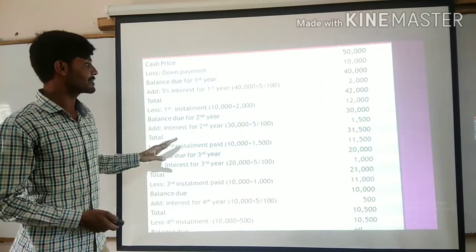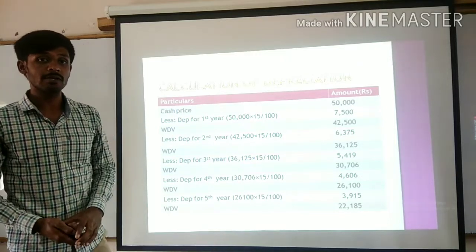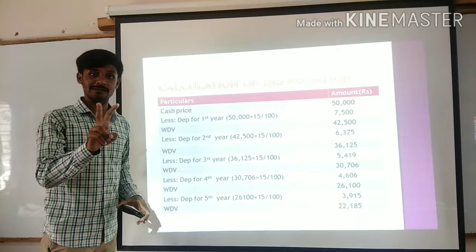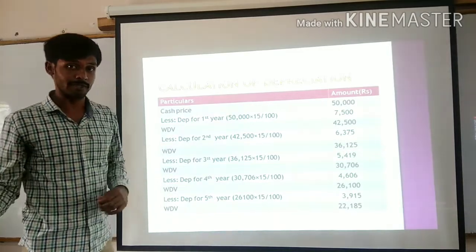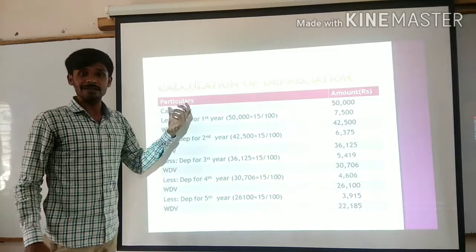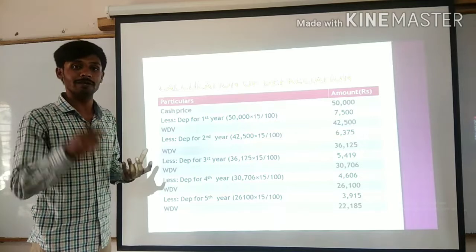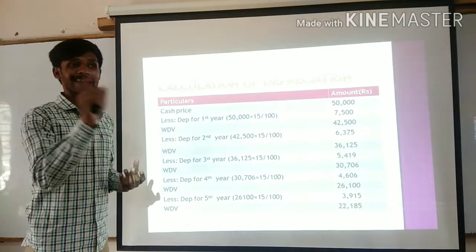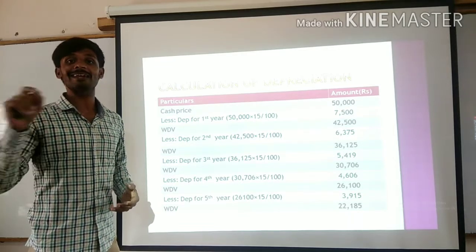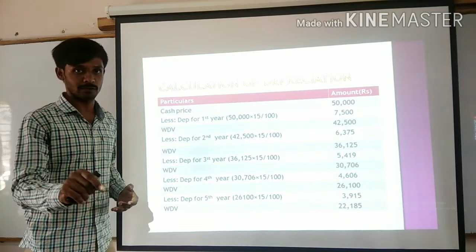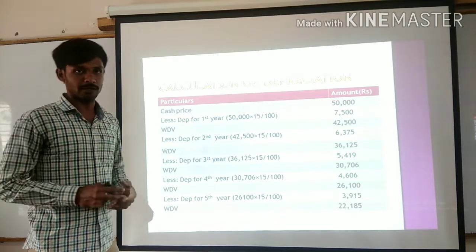Next part, just need to discuss regarding calculation of depreciation. Here we will come across two methods. As already said, one is the straight line method, another one is the written down value method. Straight line method, see, based on the cash price only, every year we will deduct. For example, 1 lakh is the value of the asset, 10% is the rate of depreciation. 1 lakh into 10% will get 10,000 rupees. Okay, 10,000 will be the depreciation for every year.